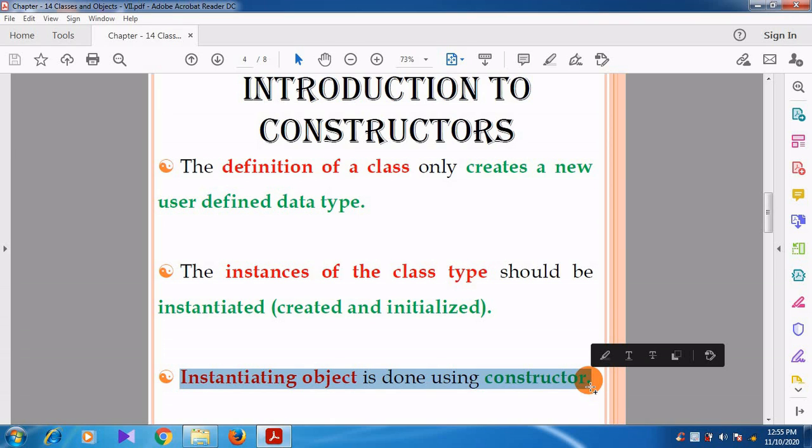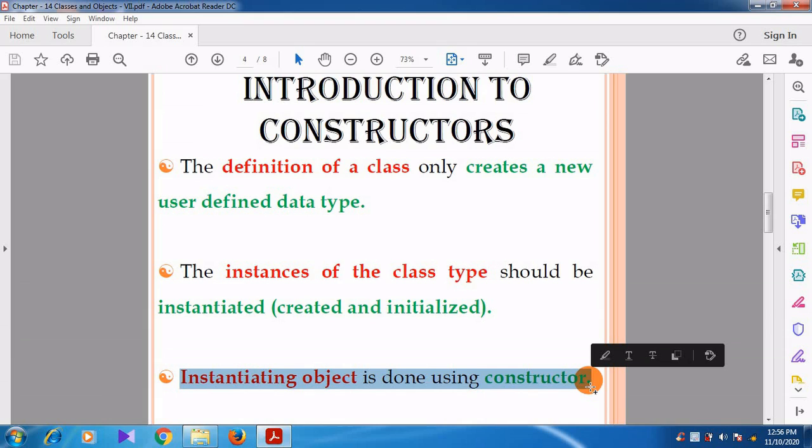Can you understand, students? Again I recall some important points. Whenever we define the class, we are creating a data type, that's all. After defining the class, there is no use at all.